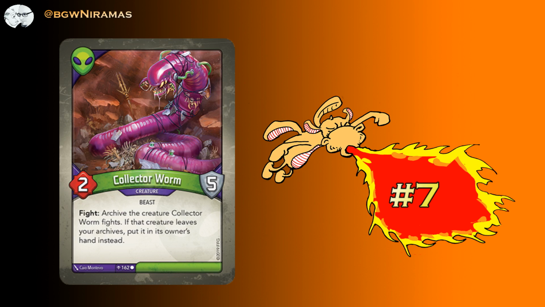So this is like the Zookeeper, right? But this is easier to keep alive out there because of all that armor. And it can fight most of the creatures out there and stay alive. But of course, it has to stay alive. If it dies, then the fight effect never happens. But you can fight like an elusive creature, and no damage is dealt, but you get to put that creature